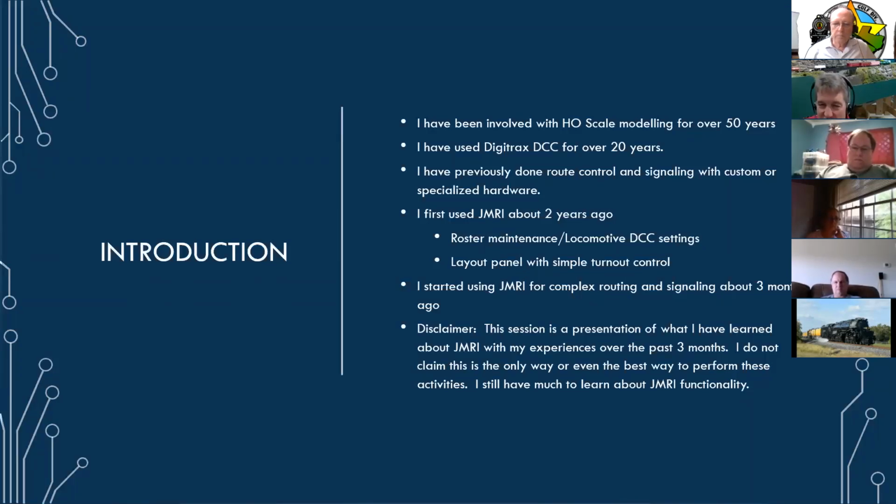At first it was just for roster maintenance, the locomotive DCC settings and keeping track of all that. And then it was a layout panel with simple turnout control. I'll be showing an example of that. It wasn't the more complex thing we're talking about today. I started using JMRI for the more complex routing about 3 months ago, and that was after our May seminar. If you remember, we had the talk there about signaling with JMRI, and